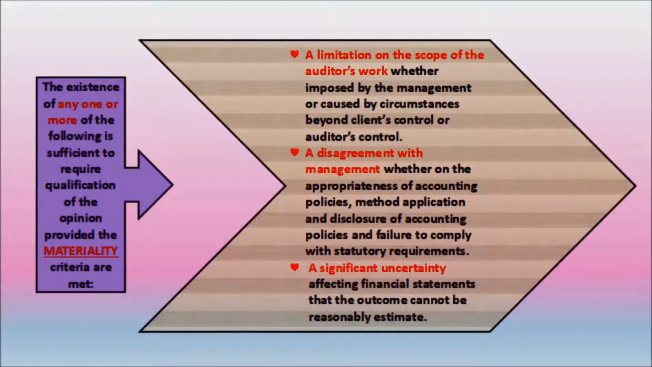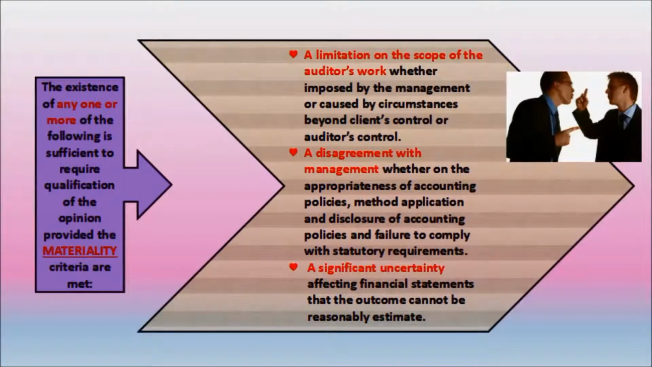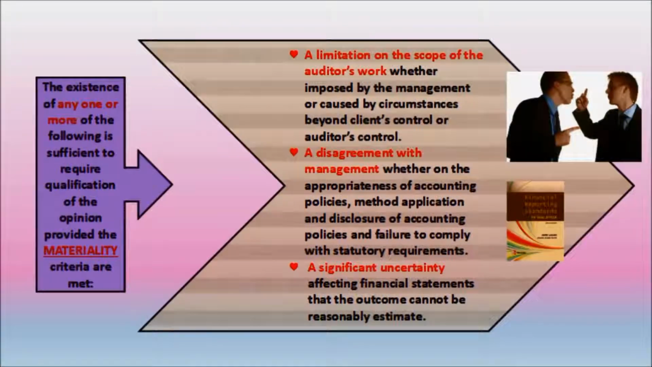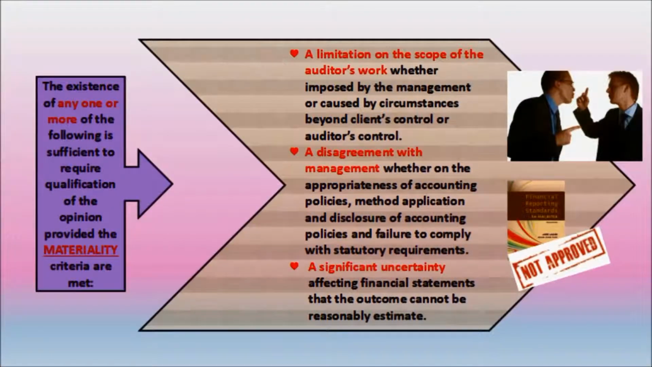For example, an auditor that is newly appointed as the company's auditor. Then, a disagreement with management, whether on the appropriateness of accounting policies, method of application and disclosure of accounting policies, and failure to comply with statutory requirements. Lastly, a significant uncertainty affecting the financial statements where the outcome cannot be reasonably estimated. It may be because of significant unresolved lawsuits